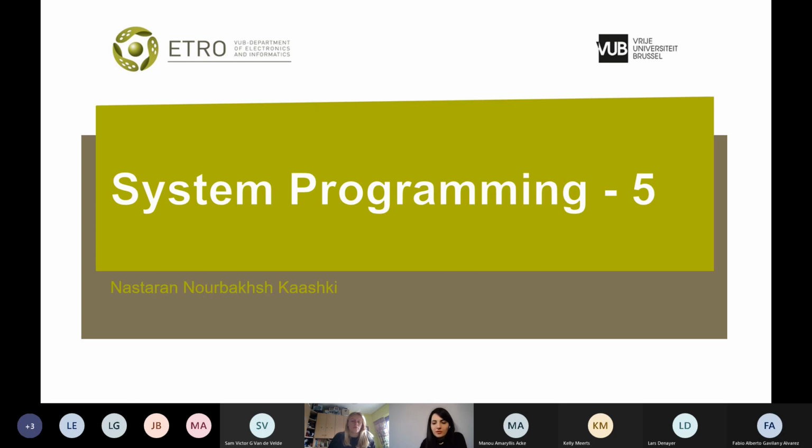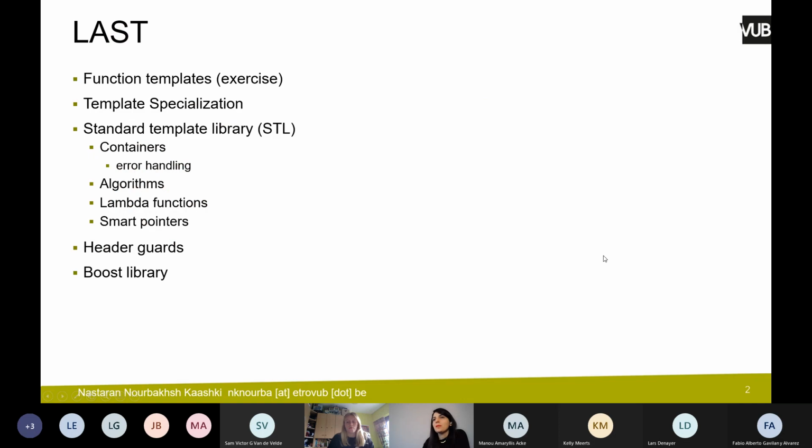Okay, today we are going to have our lesson 5. Last time we discussed what function templates are, and we solved one exercise on them. We also learned about template specializations and solved one exercise for that. Then we discussed the standard template library, different containers, how to handle errors, different algorithms, lambda functions, smart pointers, and the last two things we discussed were header guards, and we learned how to